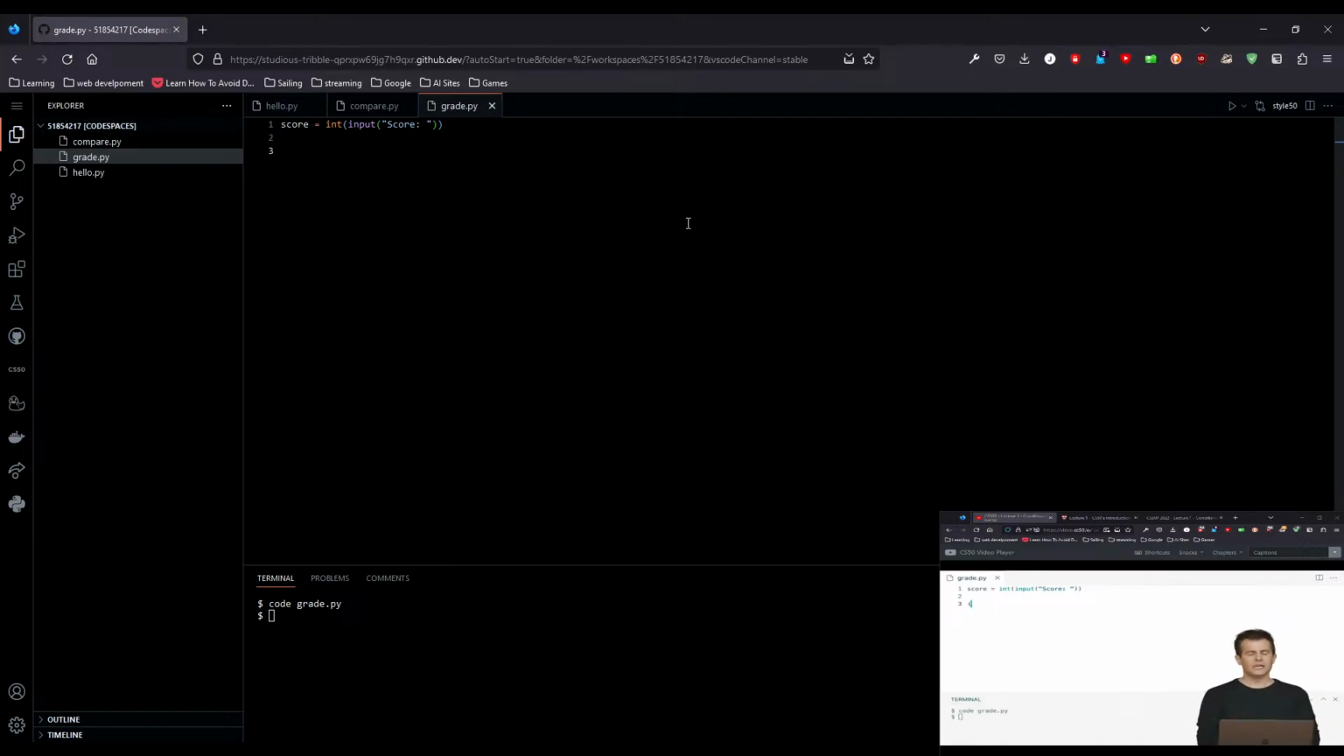So let me express it like this. If the student's score is greater than or equal to 90, and the student's score is less than or equal to 100, so it's in that range, let's go ahead and print out that their grade shall be an A, because they're in the 90s and above grade range. If